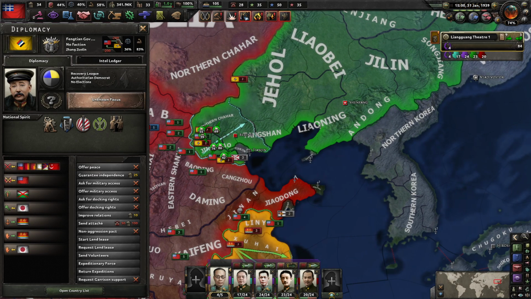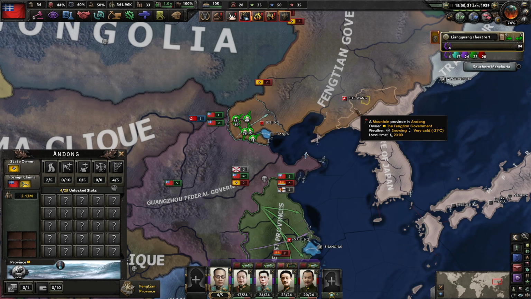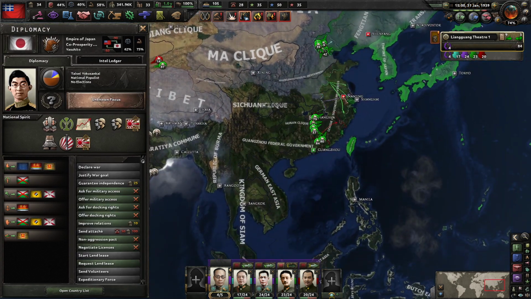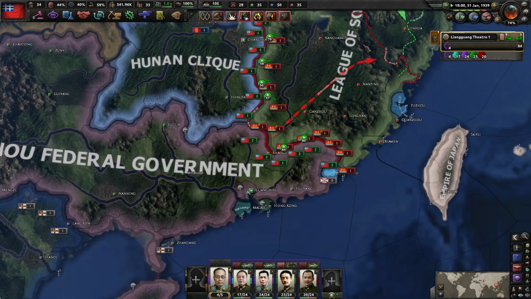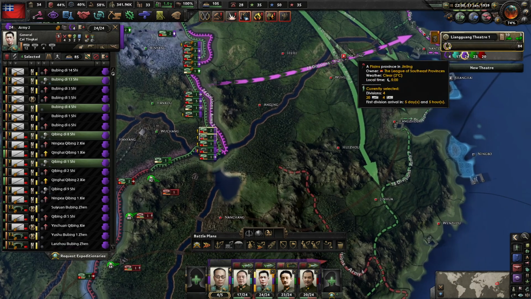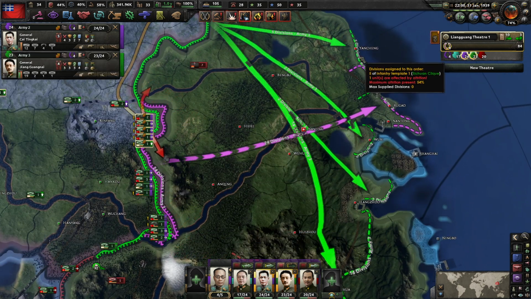So, the Japanese, they will certainly intervene at some point. It'll probably be after we take Shenyang. That's usually the trigger for Japanese intervention. Because, I mean, Japan's not at war with anybody else. Why are you guys not attacking? Move towards Nanning. You go here. You go towards here, and then